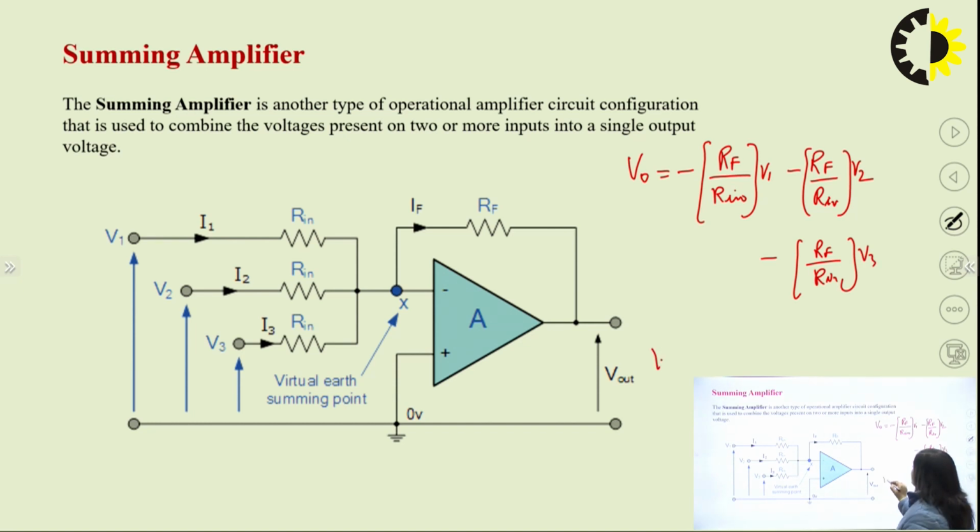So basically it would be equal to Rf upon Rin times minus, and this is V1 plus V2 plus V3. So all the input voltages will be added here, and finally it will be multiplied by Rf upon R1, and the output voltage would be,